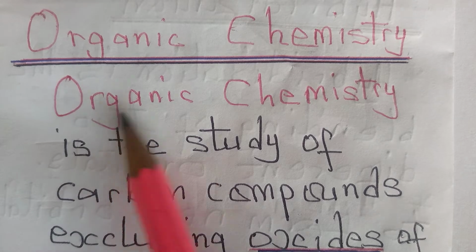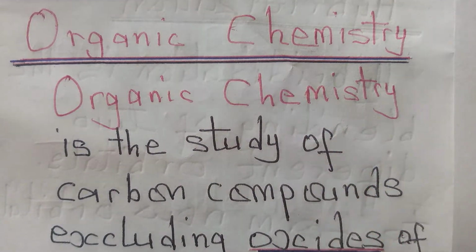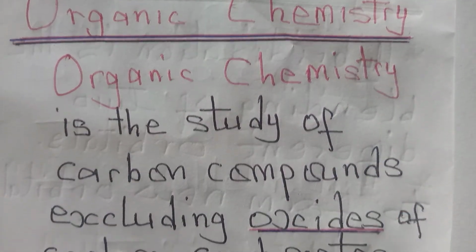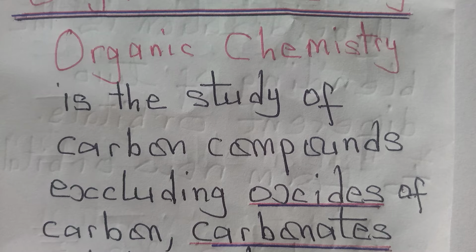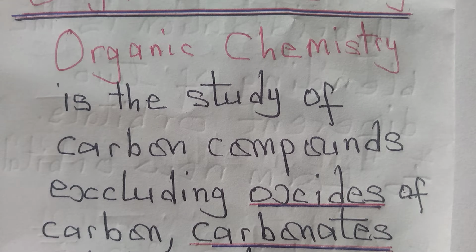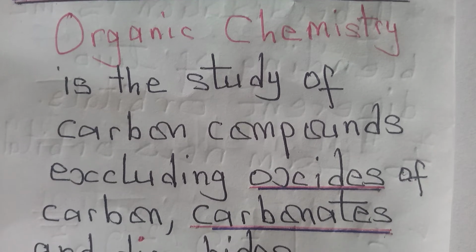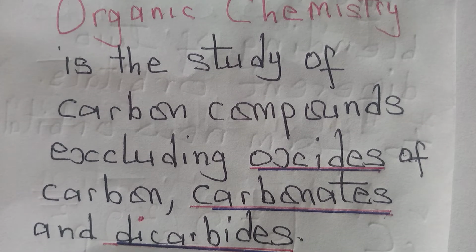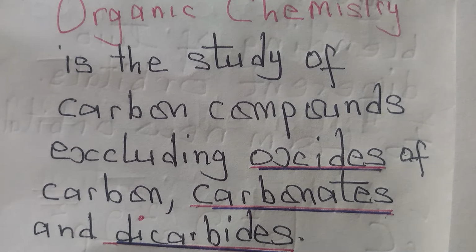What do you really think is organic chemistry? Well, simply put, organic chemistry is the study of carbon compounds, excluding oxides of carbon, carbonates, and dicarbides. What does this definition mean? It simply means that, yes, organic chemistry is the study of carbon compounds, but not all compounds of carbon are